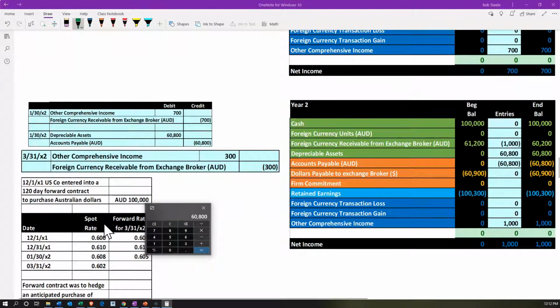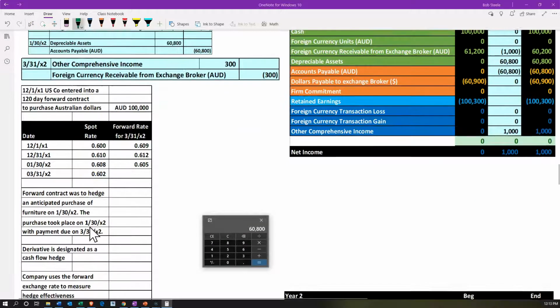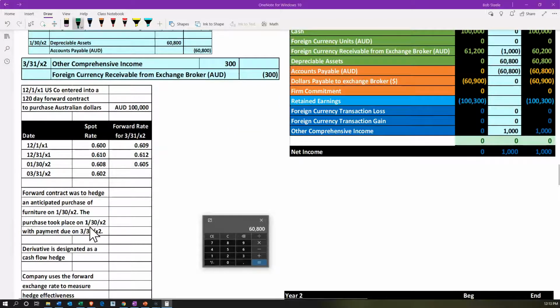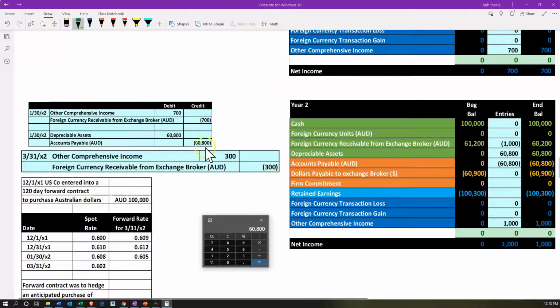Next transaction, we're now going to the 331 here. And that is when we actually make the payment. So we're making the payment at this point in time. We have everything up to and including the current journal entries included in the entries column on the right-hand side. We're going to be dealing first